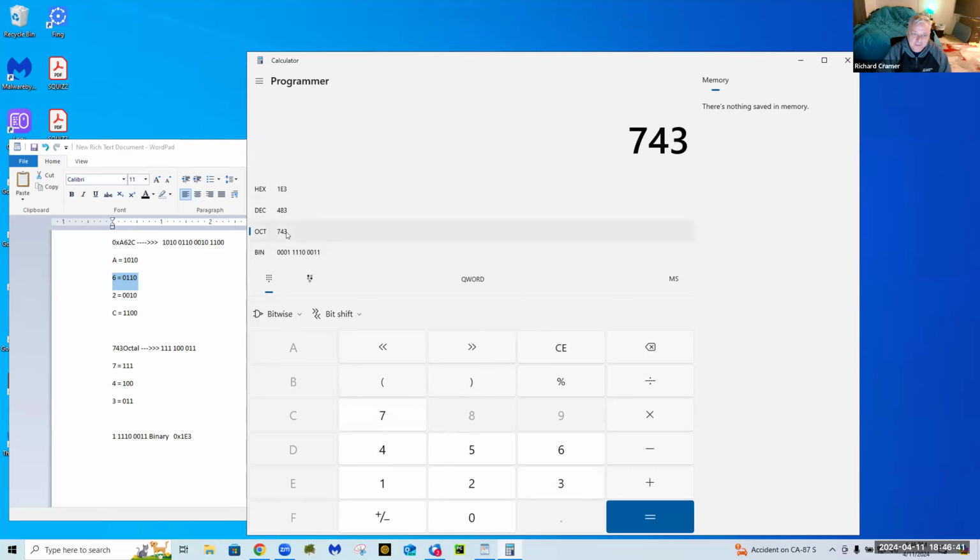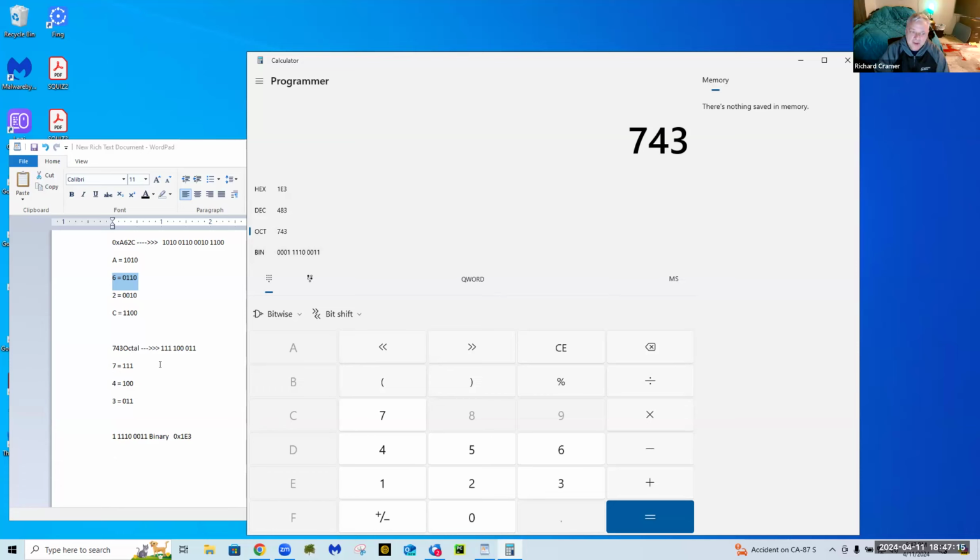It's 743 octal. Is this number the same? Yeah, 4 ones, 3 zeros and 2 ones. So this is how I double check to make sure that I did it right. There's a calculator built into Windows, the programmer's calculator, that will automatically convert the common bases. And so the work that I did down here